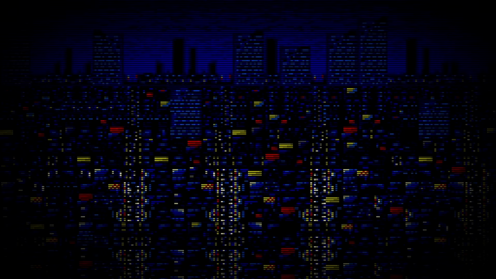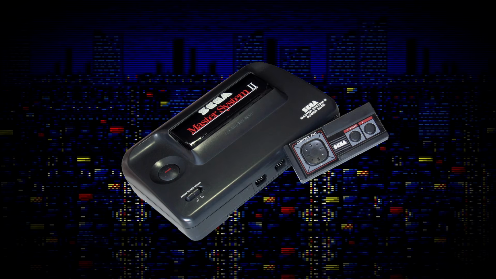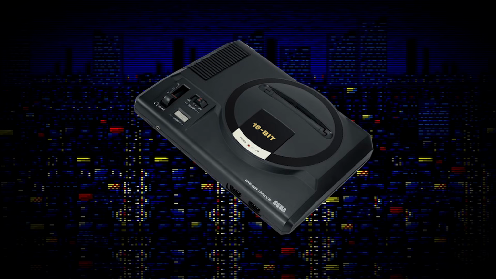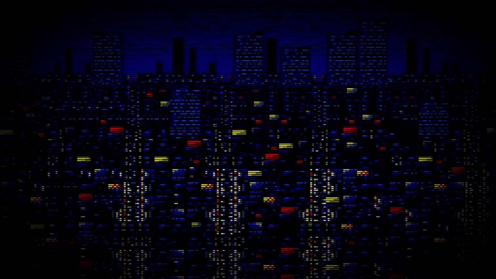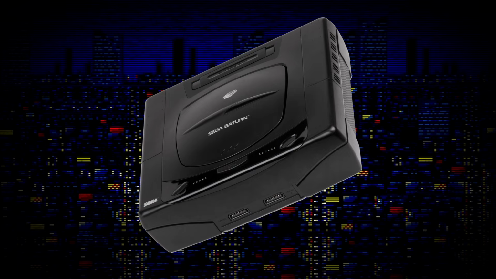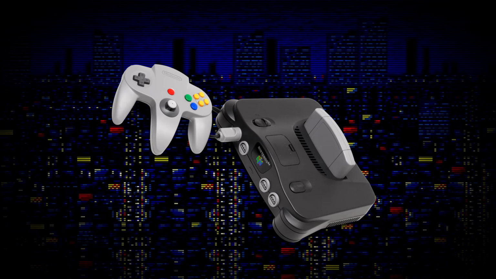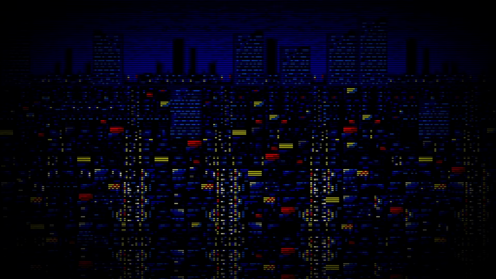Now, in basic terms, what generally has happened over the years is the early consoles have been defined as 8-bit systems. The consoles that followed those in the early 90s were defined as 16-bit systems, and these were then followed obviously by 32 and 64-bit systems as the 90s wore on to the millennium. But it really wasn't that simple and straightforward.